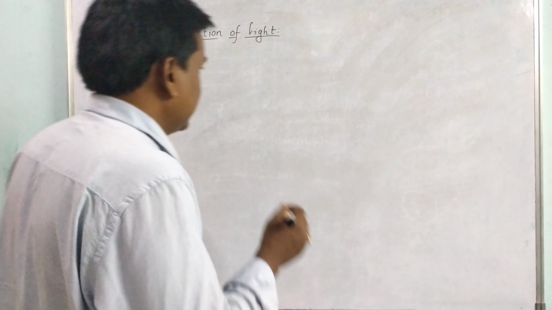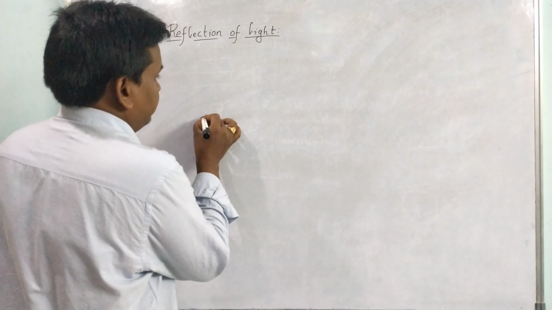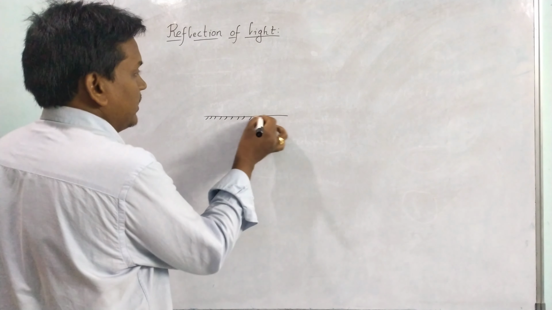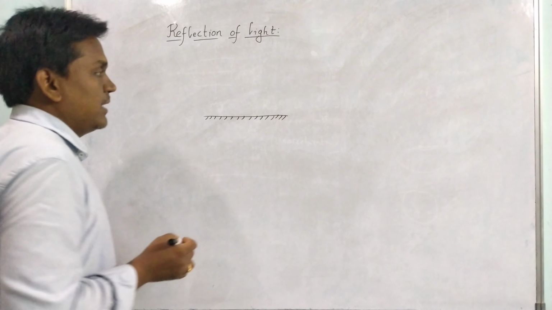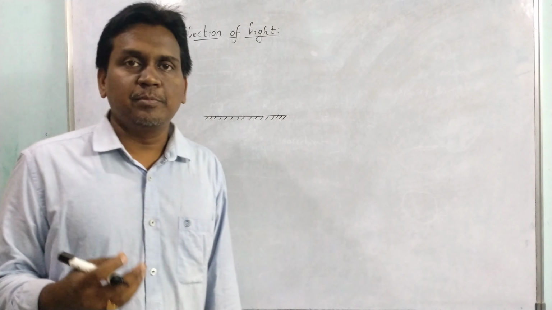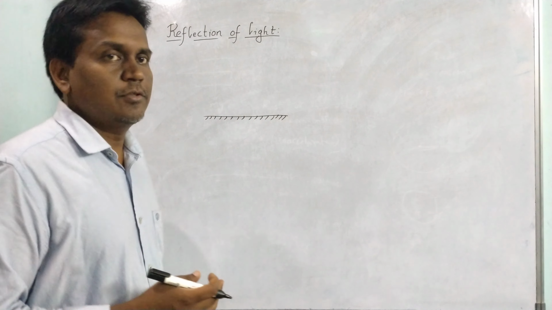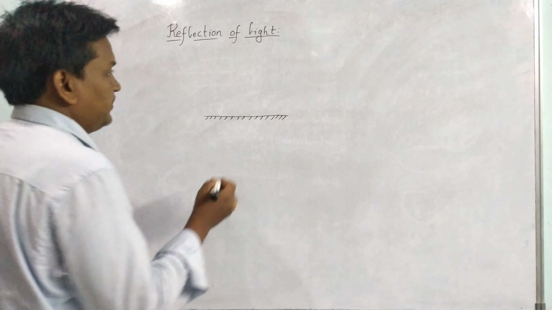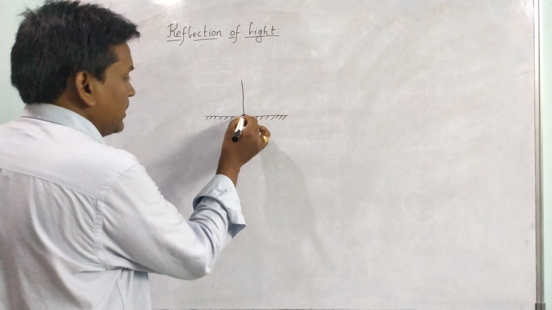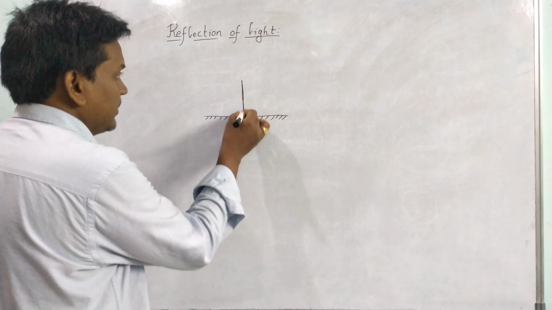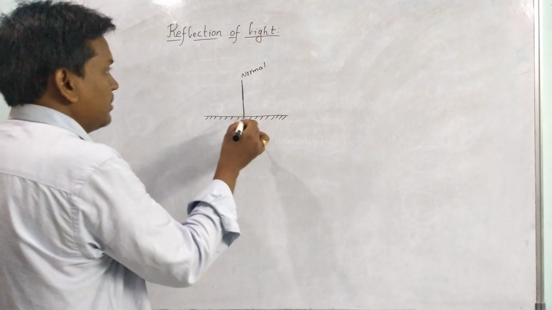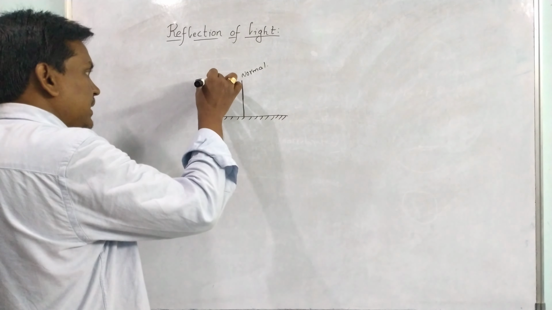So let us see that reflection. Here is a reflecting surface, or we call this a reflector. Reflector means where the reflection takes place. That surface is called a reflector, and the line drawn perpendicular to the surface is called the normal. So this is the normal, and a ray